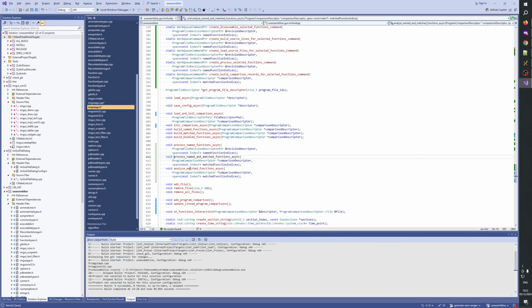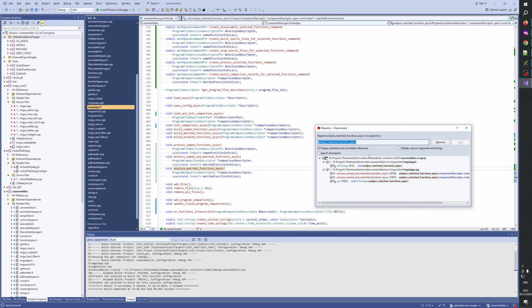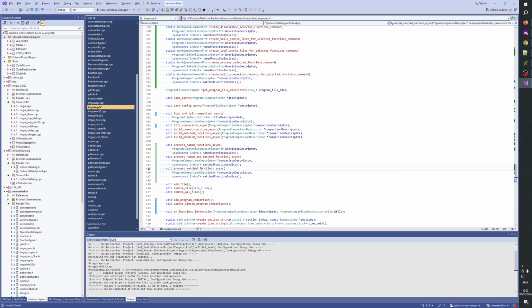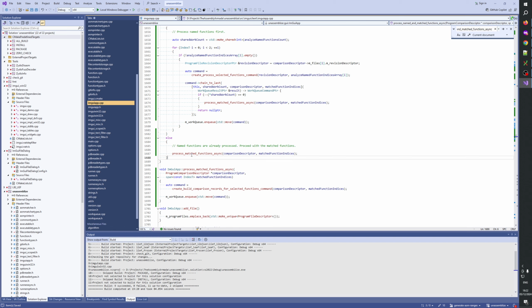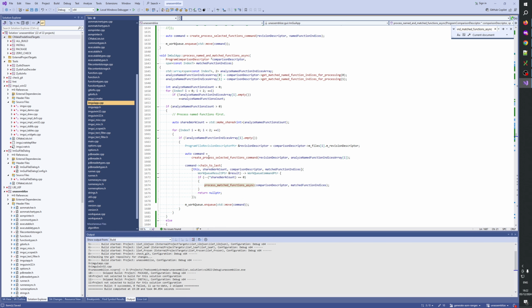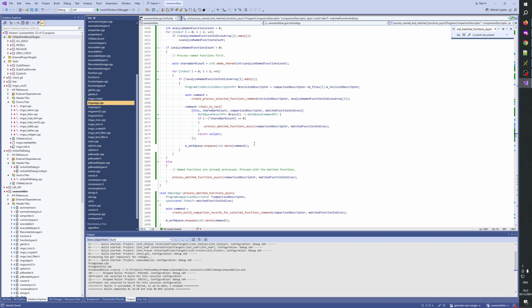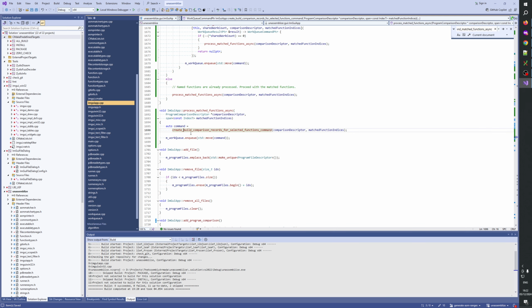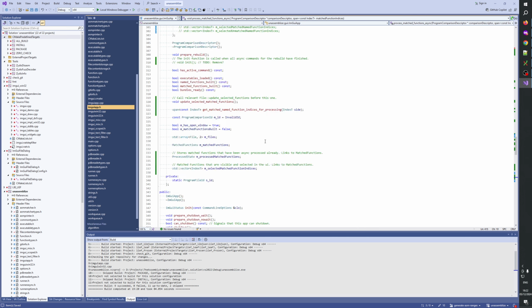Process. Okay. Create process selected functions commands. Okay, this may work,